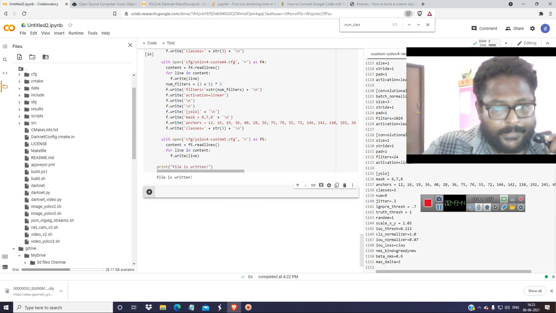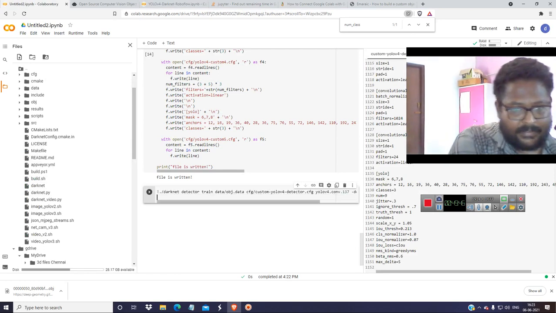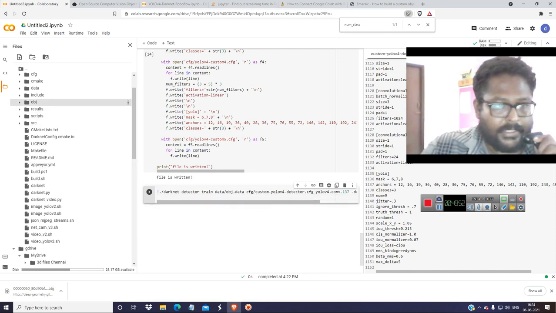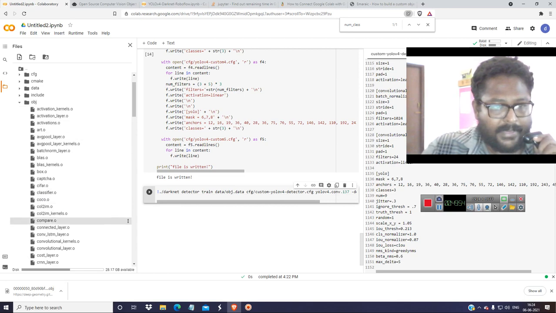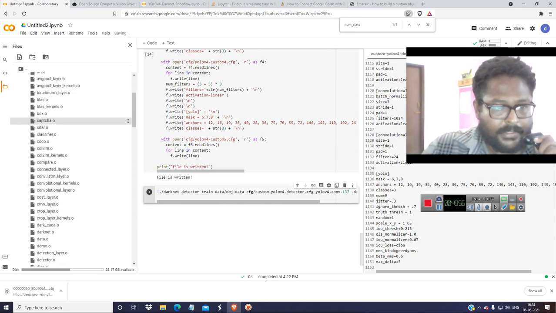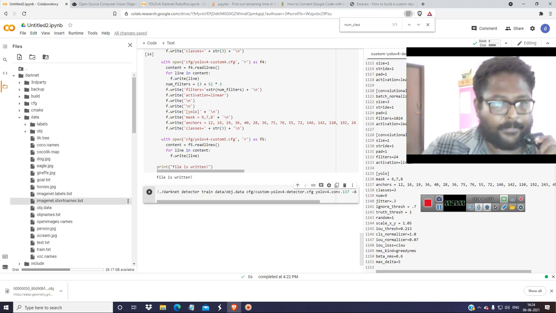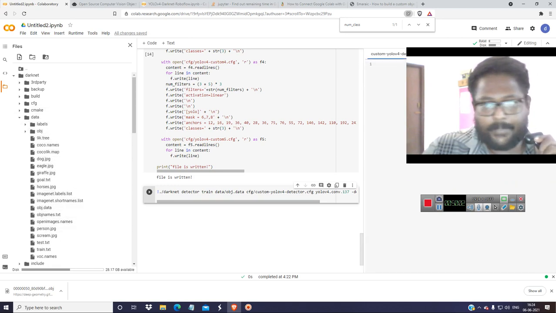So just paste this, and now there is a deal. You have obj.data. It is over here, not in this obj, it is in the data folder.